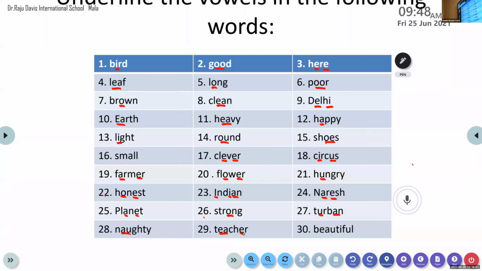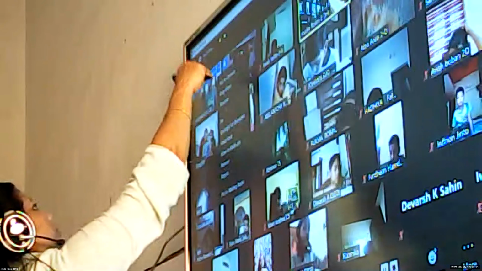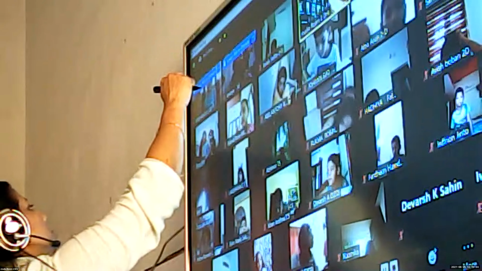Children, this is a very easy exercise. With this, we'll be completing worksheet 1. So the notes will be sent to you. See that you copy down the notes. Yes. Krishnag, come on, do the 30th word for me. Only with that, we are going to wind up. 30th word, Krishnag. Come on. Krishnag, are you there? Krishnag, unmute it, please. Unmute it. Yes. Now you do it. Do the 30th word.